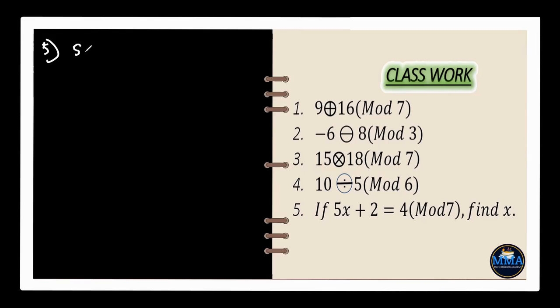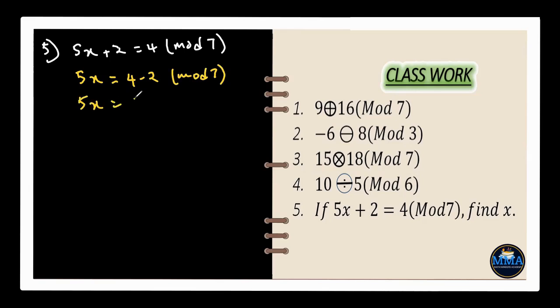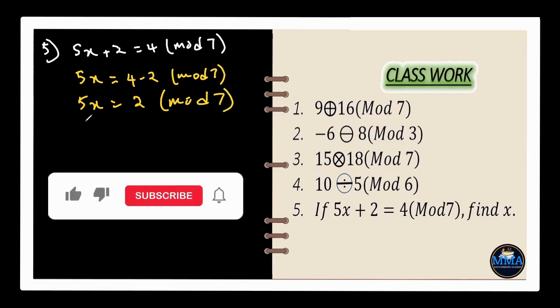We have 5x plus 2 equals 4 in mod 7, and we are asked to find the value of x. So we can write that 5x equals 4 minus 2 mod 7, so 5x equals 2 in mod 7. So from here, we are going to have